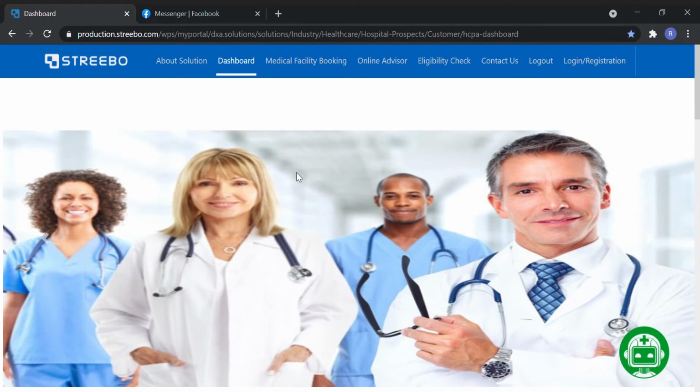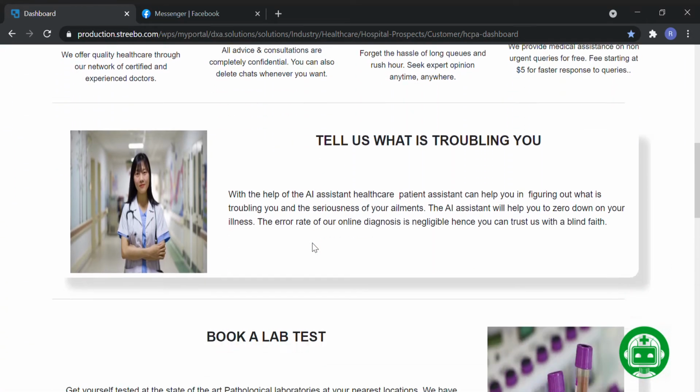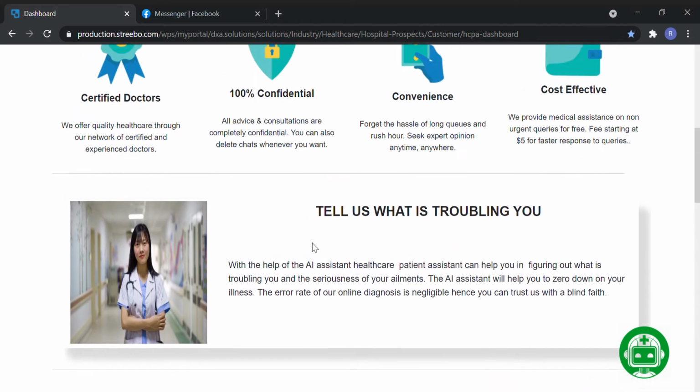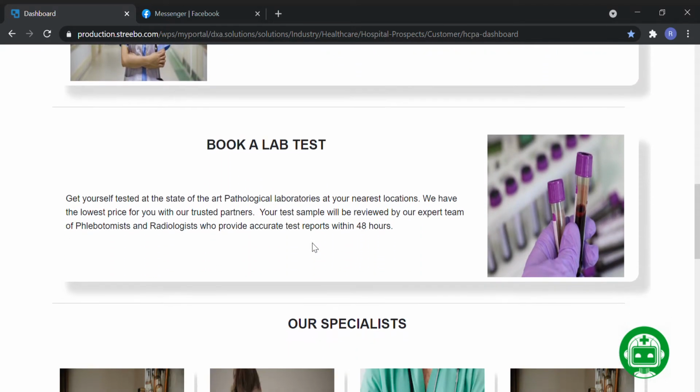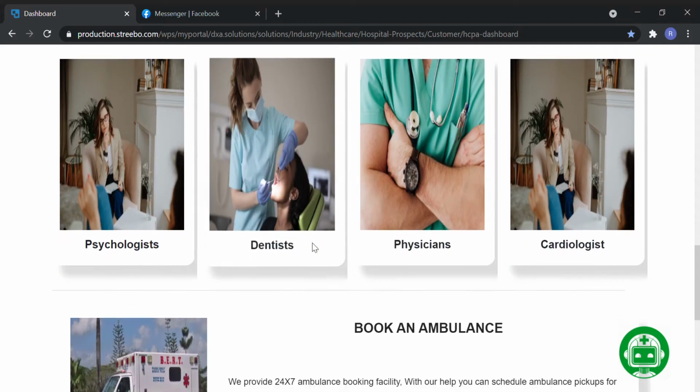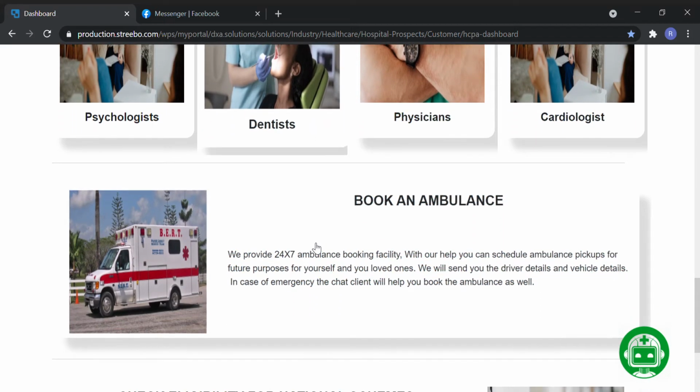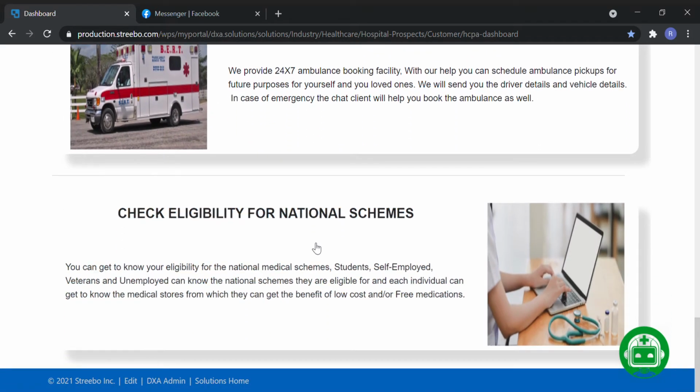We have named it Healthcare Hospitals, and this is the dashboard of our website. Basically, we have integrated all the basic facilities which are provided by the hospitals, but they are offline kind of things, so we have made them online. And also